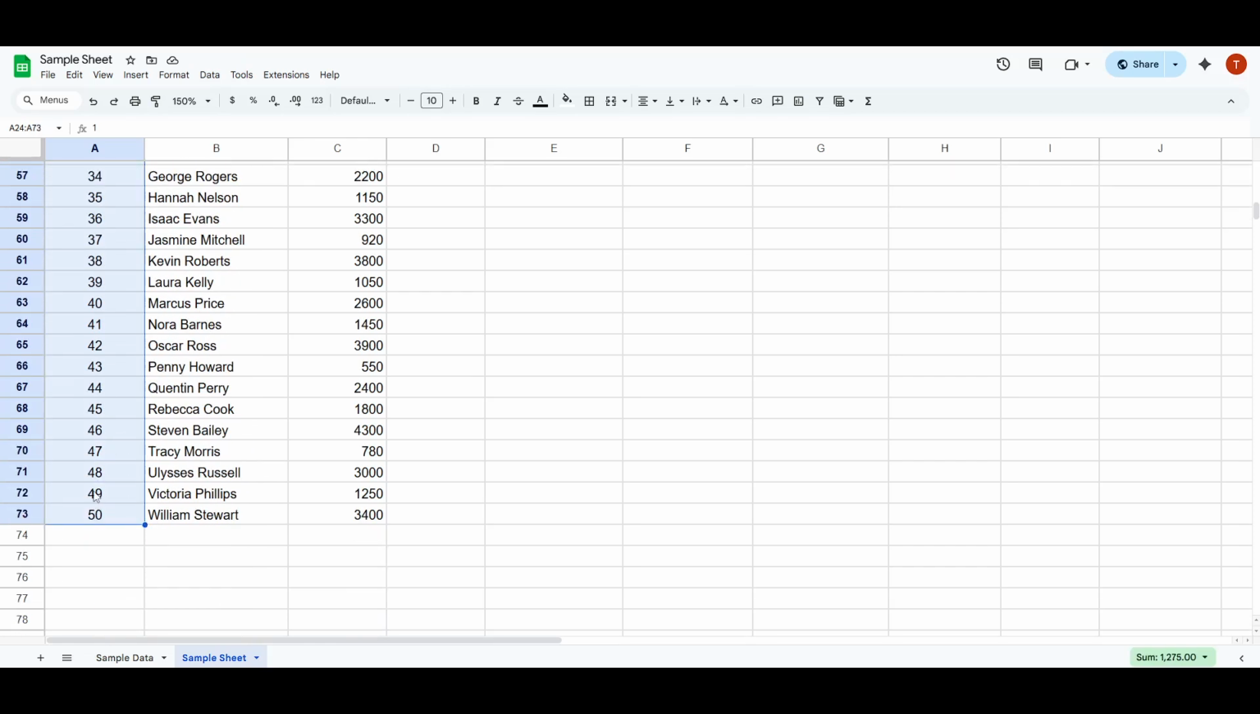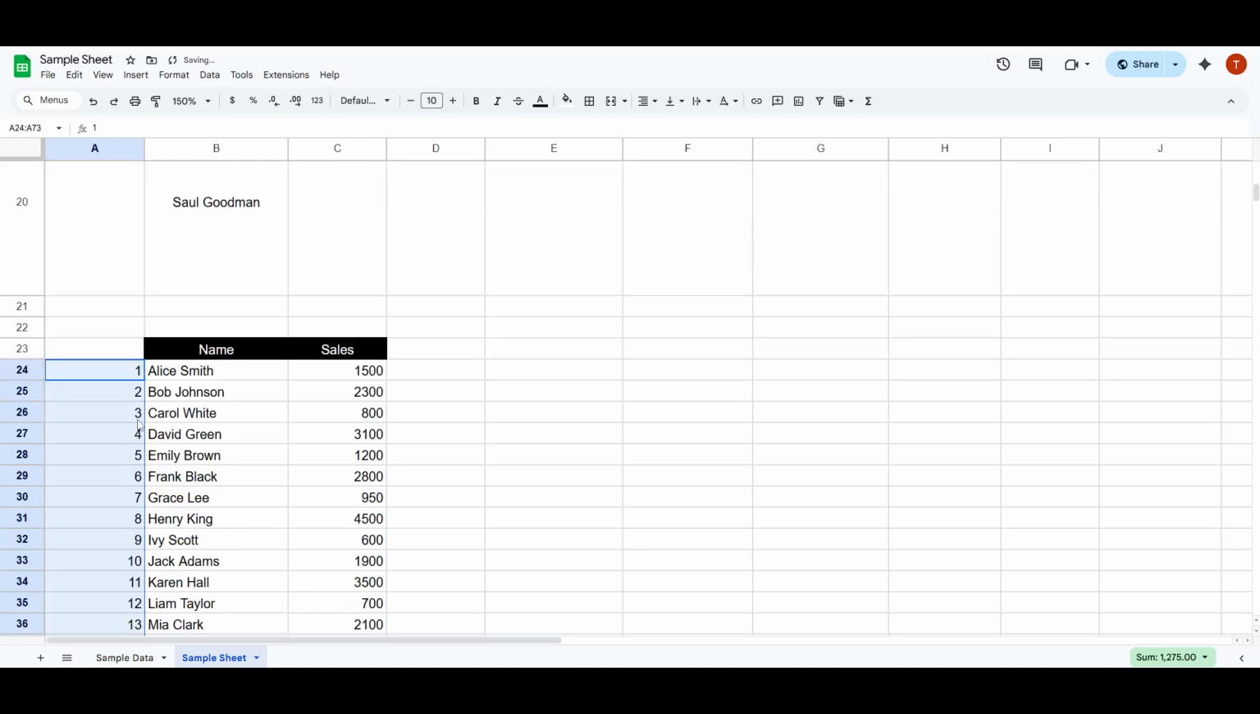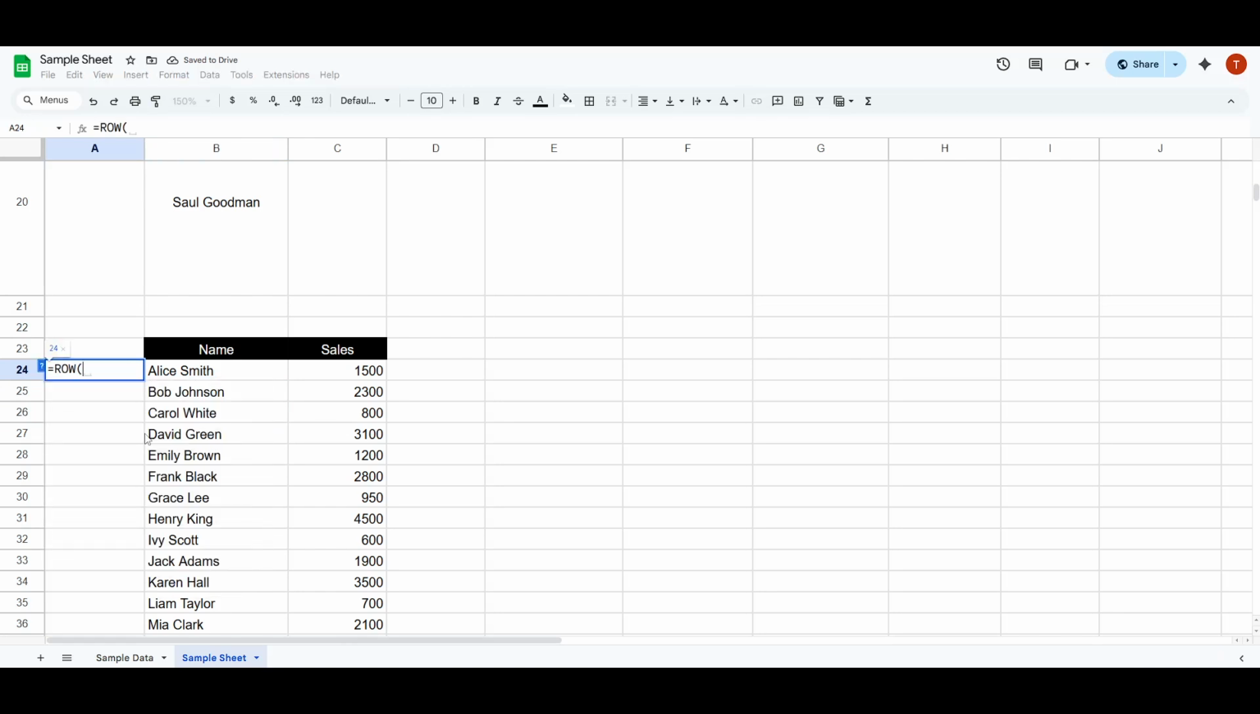However, if you're working with a larger data set, or if you want more flexibility and automation in your numbering process, using a formula might be the better choice. In this case, you can utilize the ROW function within Google Sheets. This method is particularly useful if you need to insert additional rows later on and want the numbering to automatically adjust. To use this method, click on the cell where you want your numbers to start and enter the formula